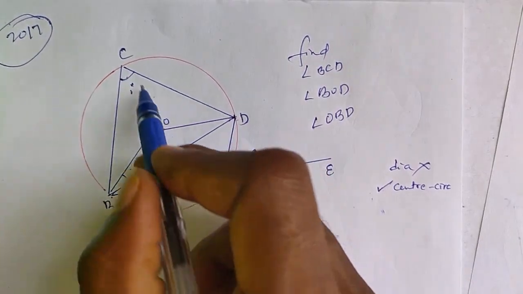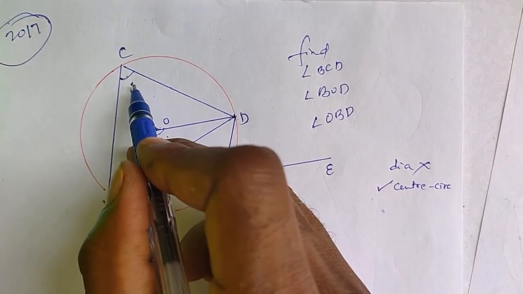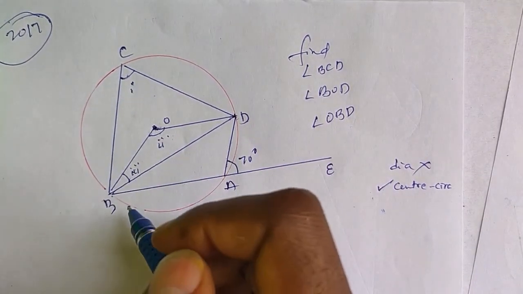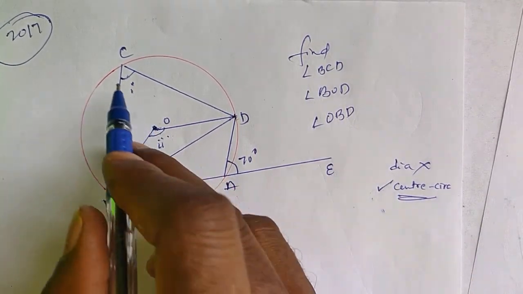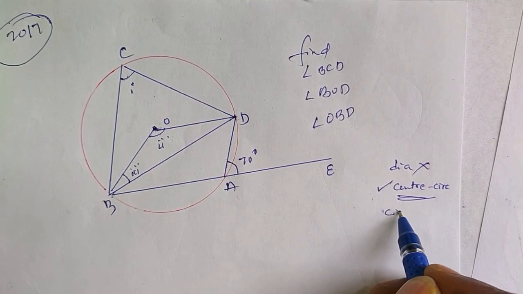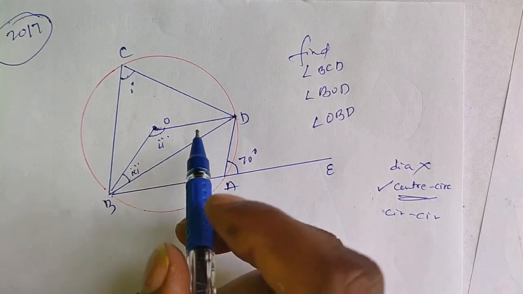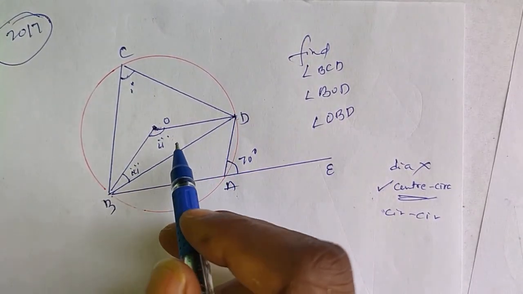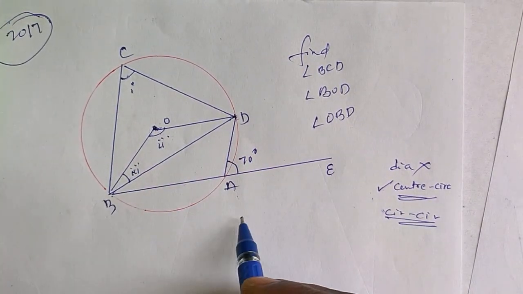Therefore, C and O are having a double and half relation. But the problem is, if O is known, I can write here half. If C is given, I can write here double. But both are unknown. What to do? So this theorem I can use, but now I cannot, because both are unknown. Let it be pending. Now we go to circumference and circumference. Circumference theorem I cannot use, because no two angles are standing on the same base.